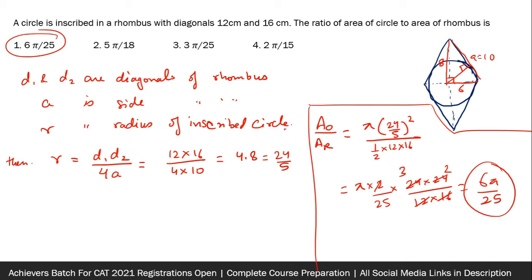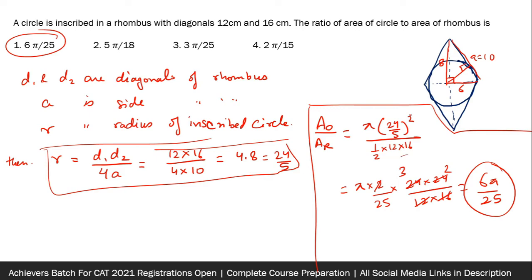So actually, if you see, the solution lies in two steps. One is this and the other is this. And then there was only calculation. So this was a 2 to 3 step question. All right, moving to miscellaneous questions now. Only 2 remaining now. So these were the 3 questions of geometry. Hope you understood well.